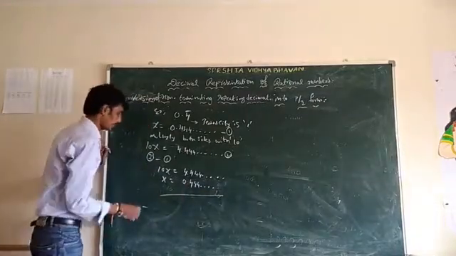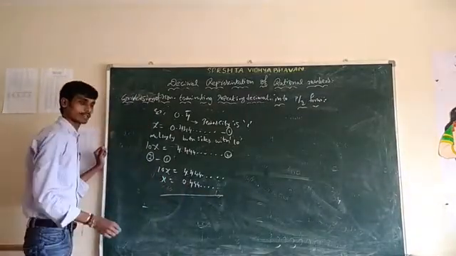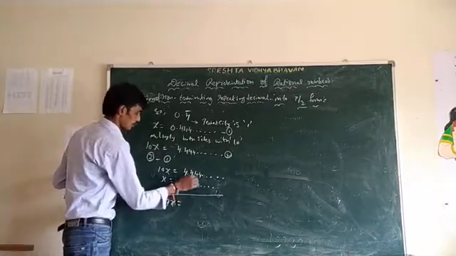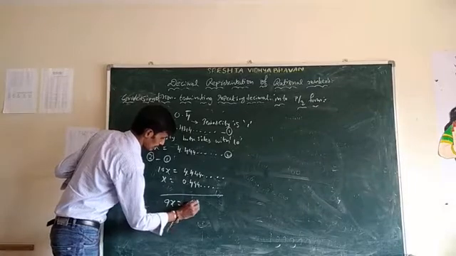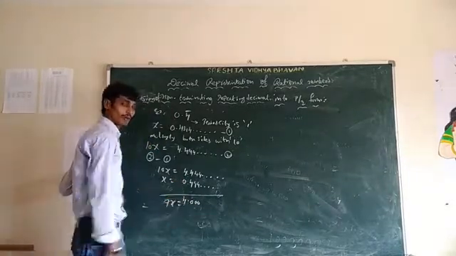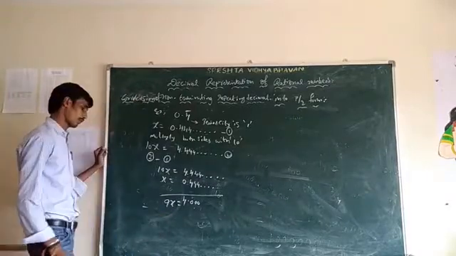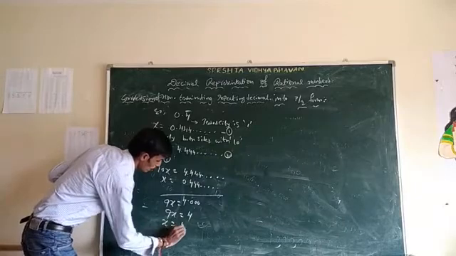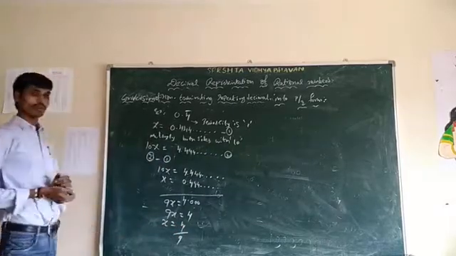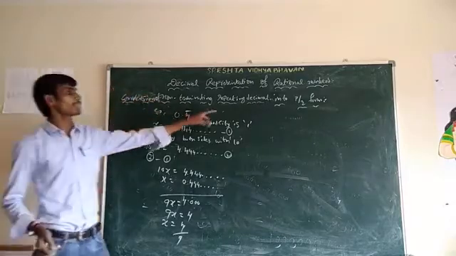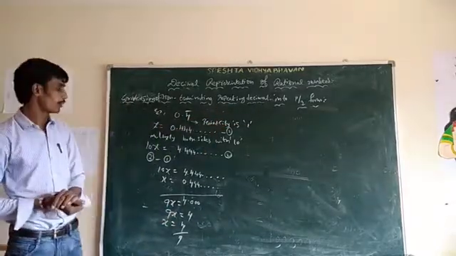Subtract that. So 10x minus x, that is 9x, is equal to, after the decimal point all are 0, so 4 minus 0, that is 4. That means 9x is equal to 4. That means x is equal to 4 by 9. This is about conversion of non-terminating repeating decimal into p/q form.